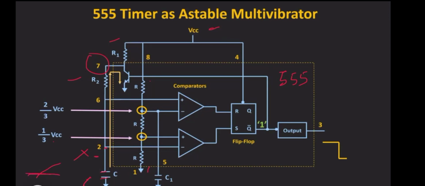If the voltage reaches this, what happens? This comparator will be in on condition. It is clear. So what happens? You will get the output voltage, which will be inverted, so the output what you are getting will be